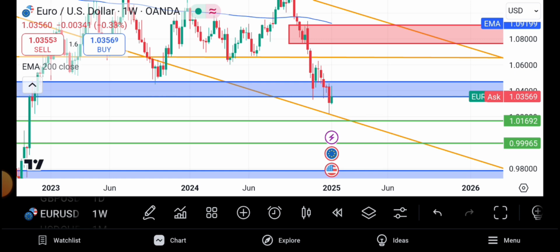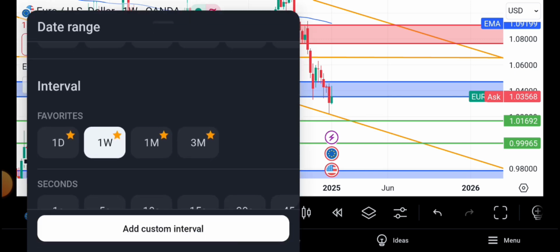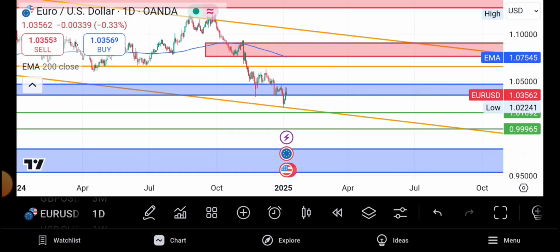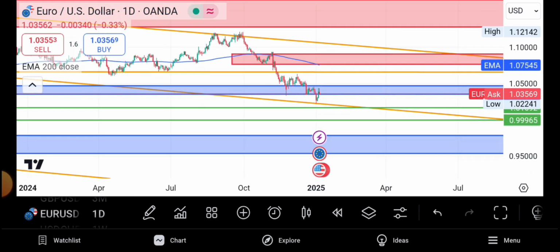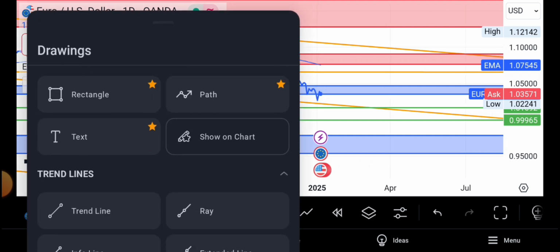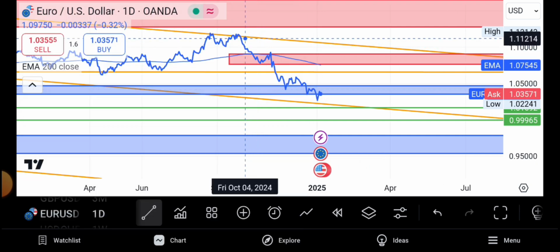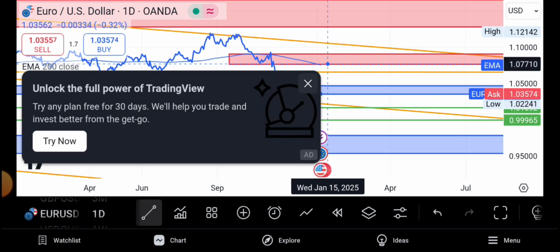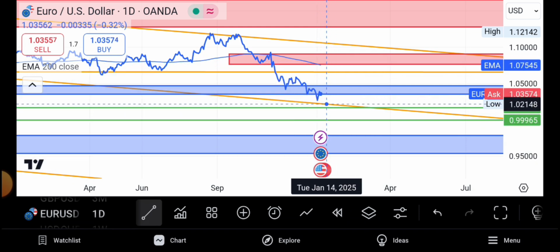So in the daily time frame, this is where we are going to be serious and look for the entry zone. We all know now the scenarios. The price action might come up to this zone and then we sell, or we might sell from this zone now, up to this zone. Or if you are a risk trader, if you like to risk, you can sell from this zone. But I will not advise you to sell from that zone. Why? Because you are selling from a point of support.